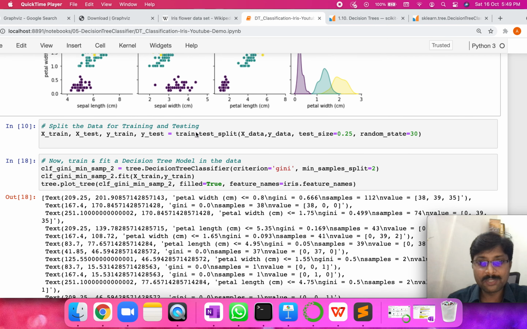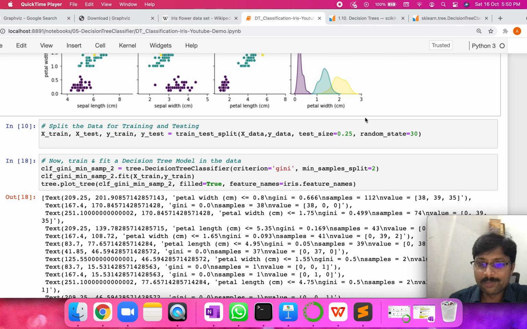So now the next step is we are going to divide the data into train and test splits, right? This library helps us: given the input x data and y data, and the size of the testing set that we need. Usually it's a norm that we give 25 to 30% as the testing data, but we can try different proportions, maybe 0.2 or 0.1 for 20% or 10%, like that.